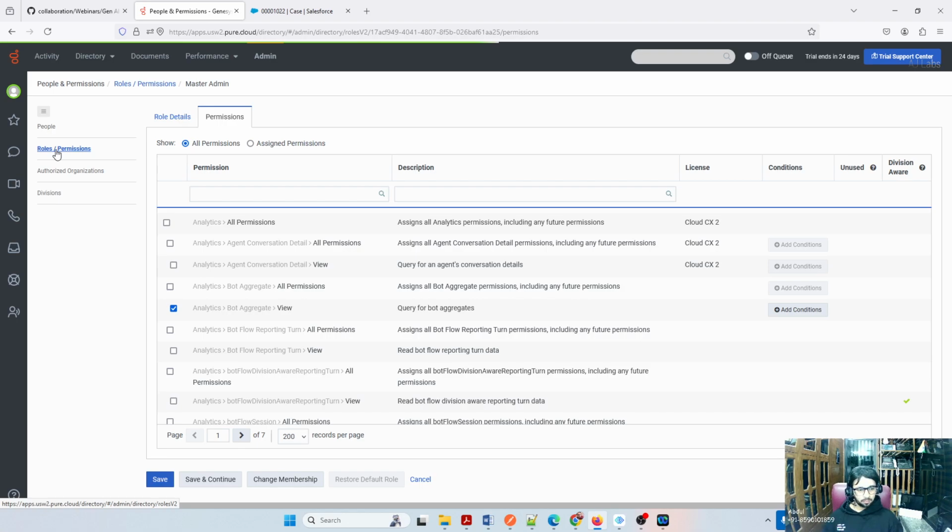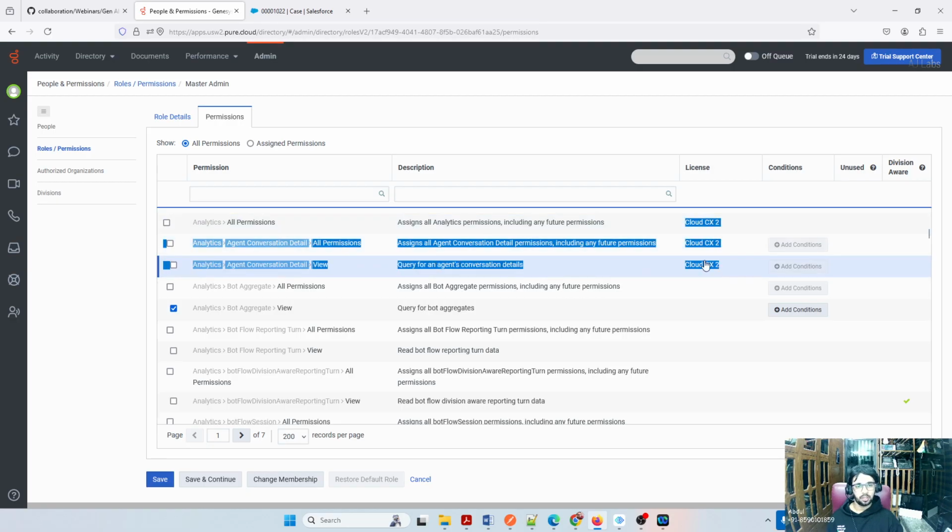So the charges in Genesys are based on the agents. They have licenses called, if you look here, Cloud CX1, CX2, and CX3. You simply Google it and you will find a table with the differences between all three. The AI and other features will come only in CX3. And by the way, you cannot assign a license to the user directly. The moment you assign a role to the user, based on the role, it will take the license. That's how it is designed.